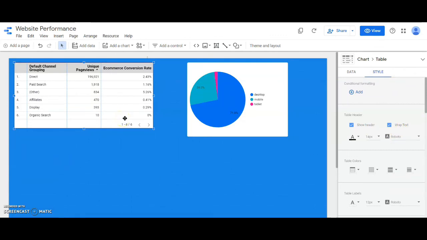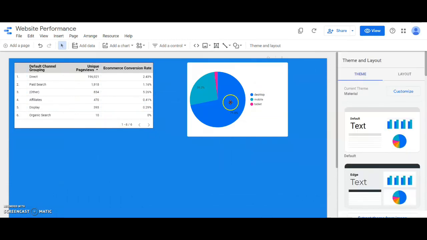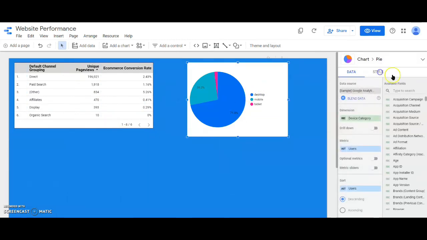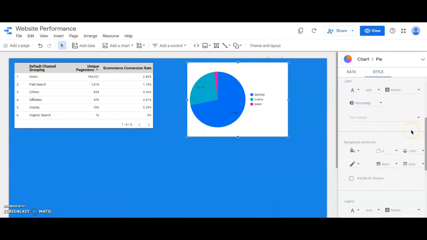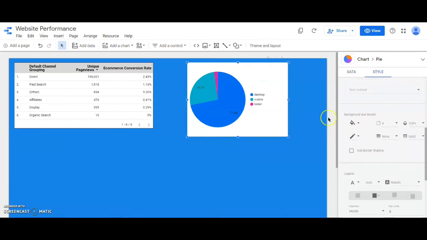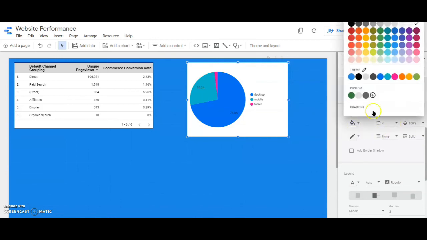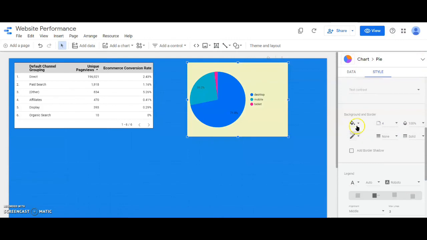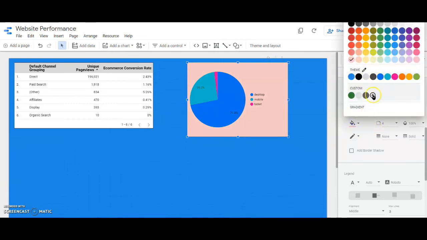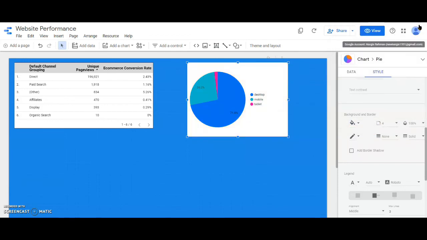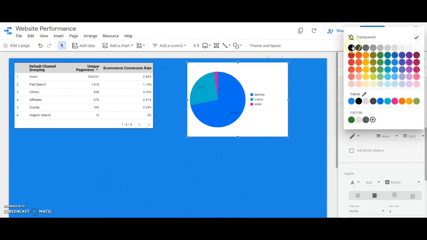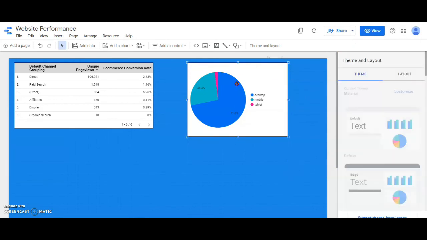You can do formatting for your pie charts as well. Just click on the pie chart and navigate to the style tab. If I want to change the background color for this, I can do that from here. This is where you can pick a color from. You can do all of that from here. I'm going to reset it to what it was, since I think that looked the best. And you can add a border. Choose a black border.